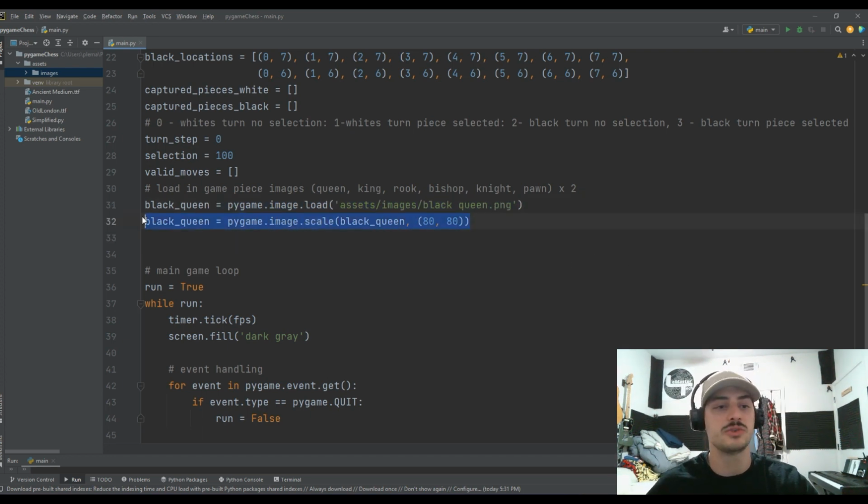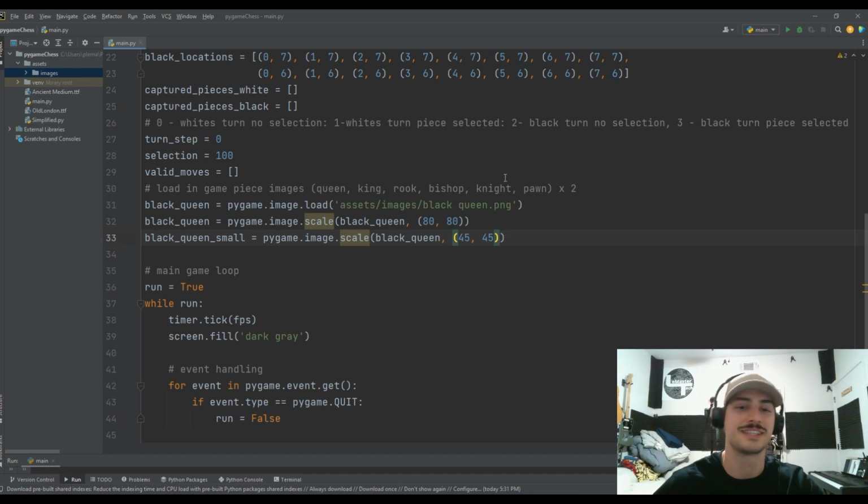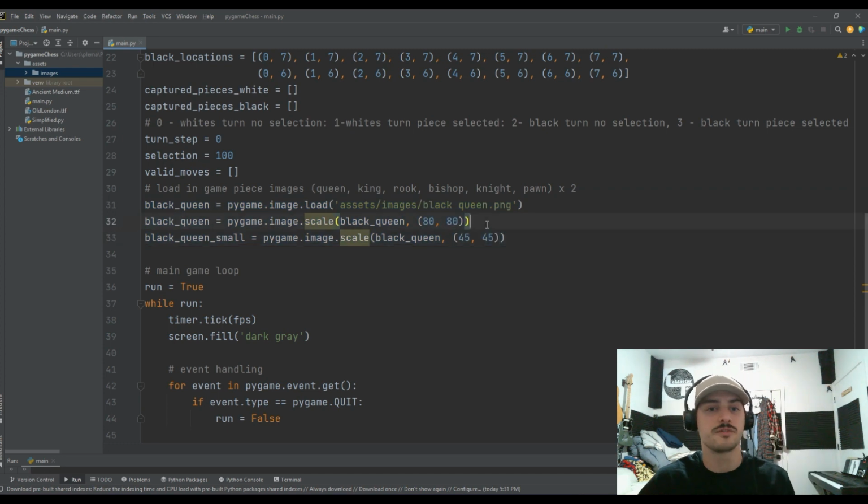And now what I'm going to do is I'm going to make a second one, because again, when we draw the pieces off to the side in our discard area, we need a smaller version of it that looks a little better off to the side, because these full 80/80 ones look really big off to the side. So I'm going to do that. I'm going to have a small version of it and a large version of it in these 80/80 squares,